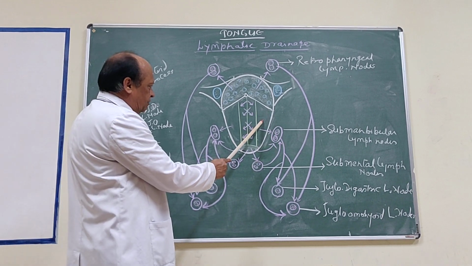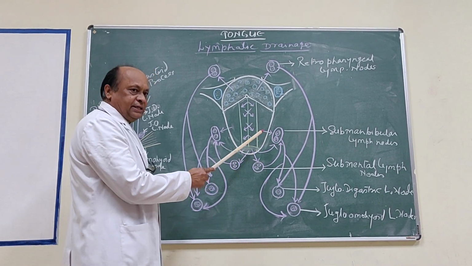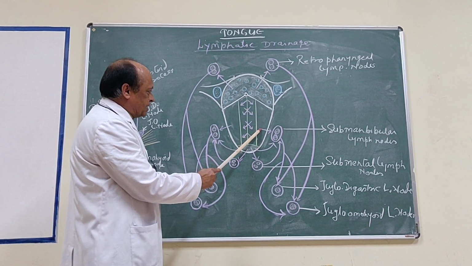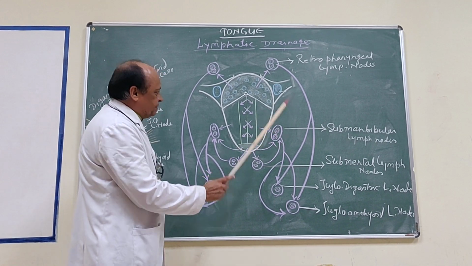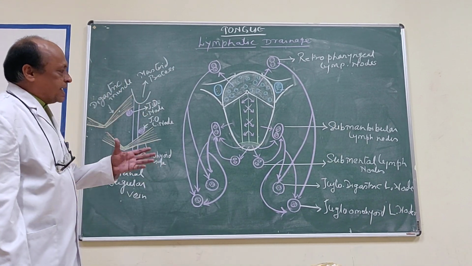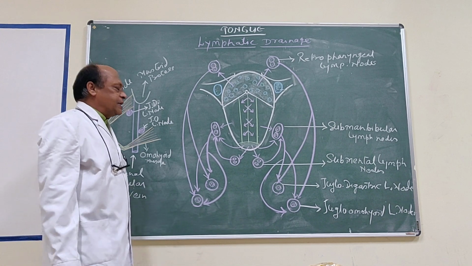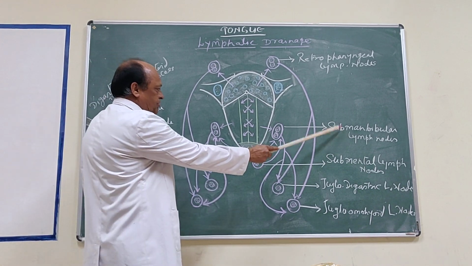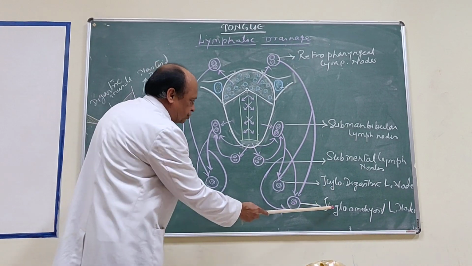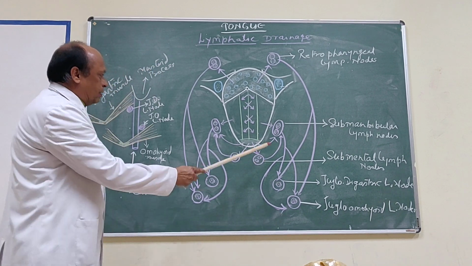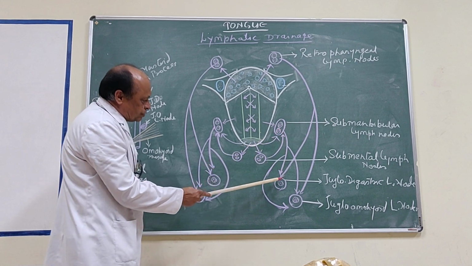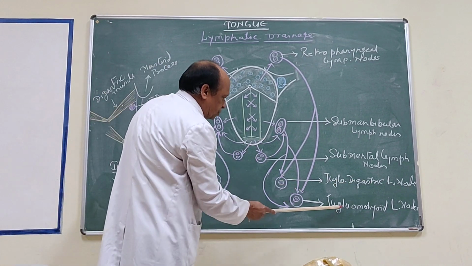From the lateral part of anterior 2/3, we are discussing lymphatic drainage of anterior 2/3 of tongue, lateral part. I am moving this probe along the lateral part. It mainly drains into submandibular group of lymph nodes, and these lymph nodes are situated, as the name indicates, superficial to submandibular salivary gland in the digastric triangle. And few lymphatics go to jugulo-digastric and few to jugulo-omohyoid group of lymph nodes.